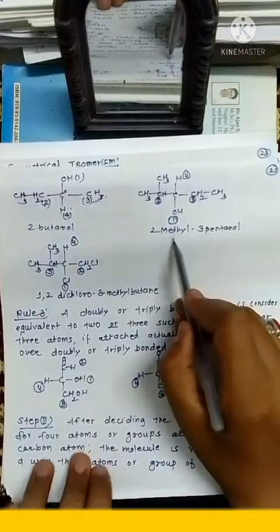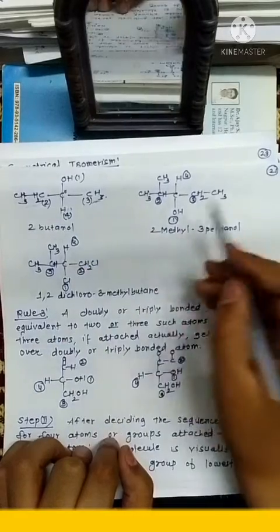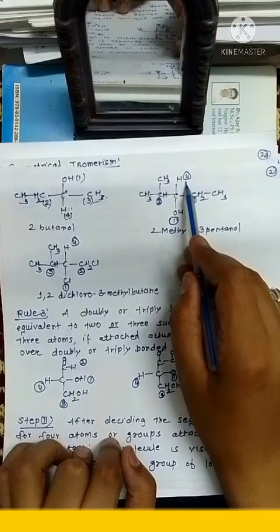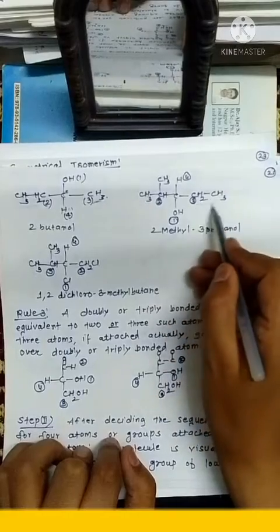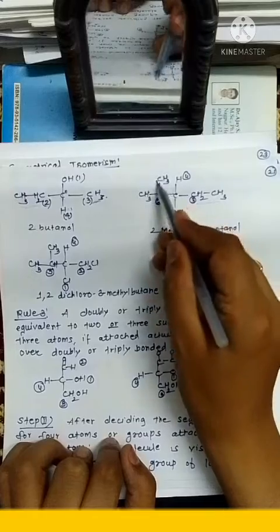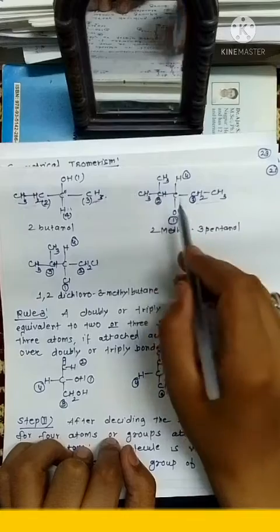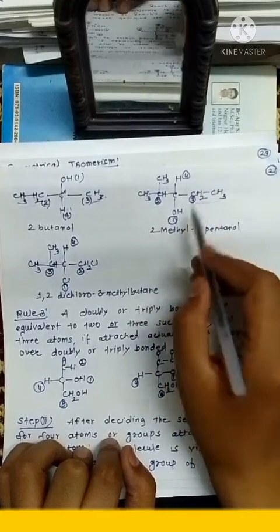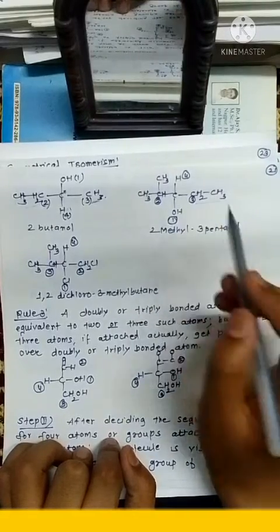Just see the example of 2-methyl-3-pentanol. It is similar to 2-butanol. First priority goes to OH, and last priority obviously goes to hydrogen. Now let us decide the priority. On this side, this carbon is attached to the ethyl group, and here it is attached to the isopropyl group. The isopropyl group has 3 carbons, so priority goes to it first. So first priority is for this OH, second is here, third is here, fourth is here.